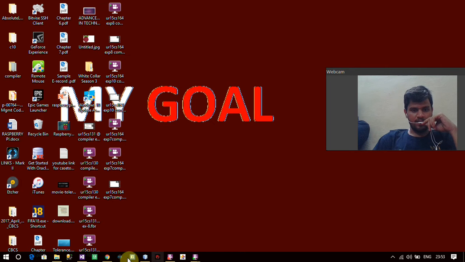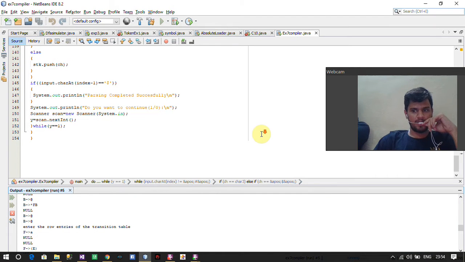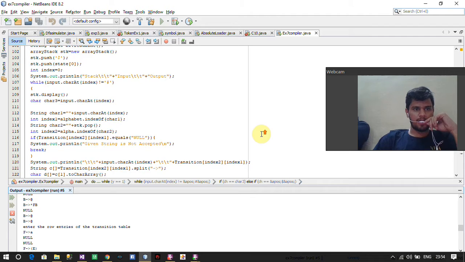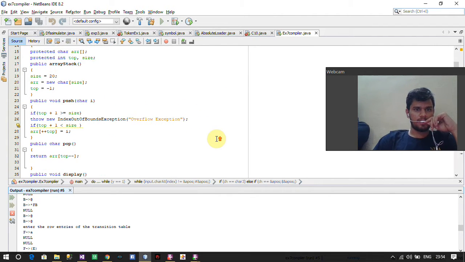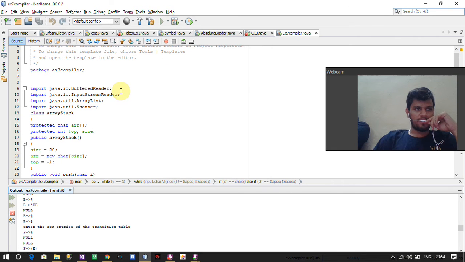This is my second Java lab experiment. It is about SLR parsing. As you can see over here, this is the code for SLR parsing. I have created a package first with experiment 7 compiler,